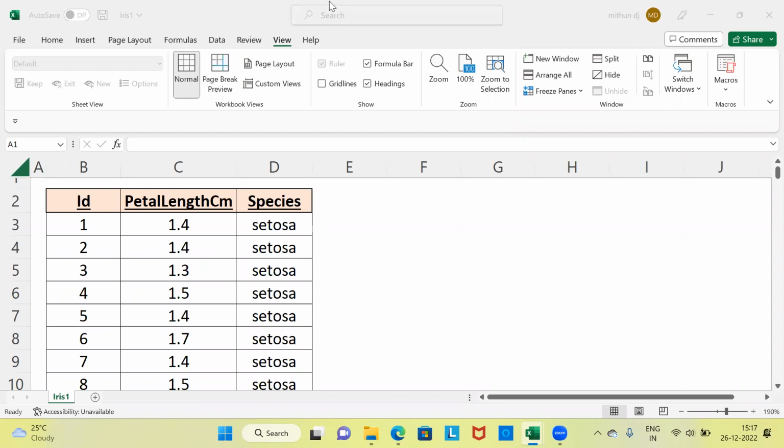My name is Mithun. In today's video, I'll be talking about a technique which is called one-way analysis of variance. Even before I proceed to demonstrate how to perform one-way analysis of variance using StatCraft,